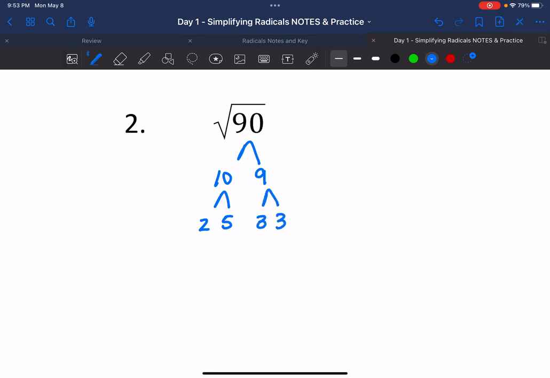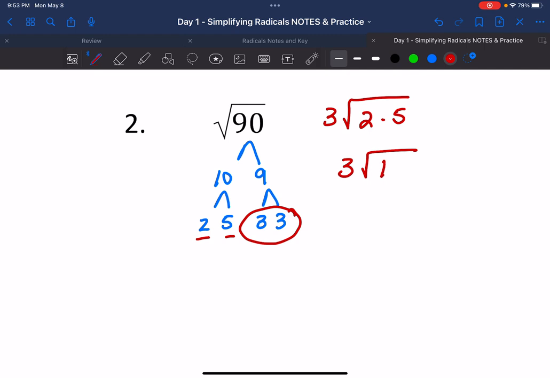Oh, would you look at that? I have a nice pair of 3s here. So my 3s can escape jail, and I still have my jail here, and my 2 and my 5 have to stay underneath, okay? And so if I'm going to simplify that, I'm going to simplify the inside. This is my final answer,